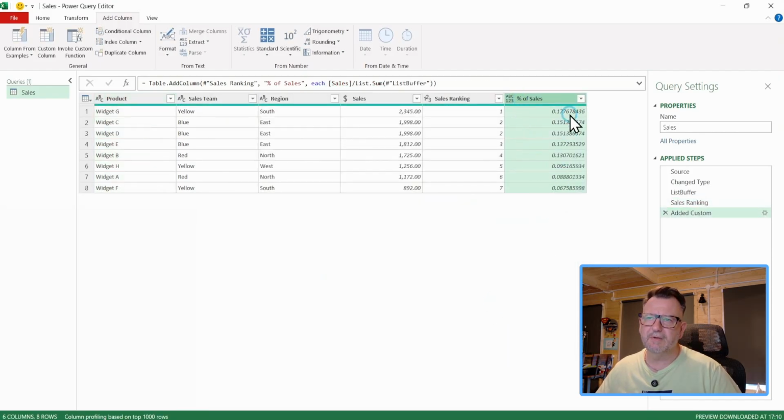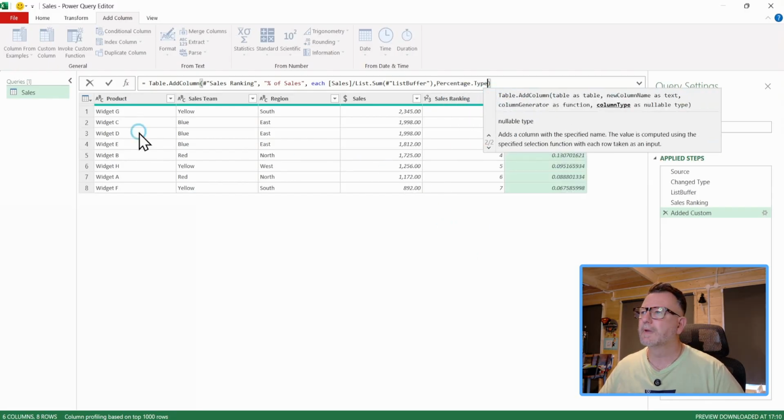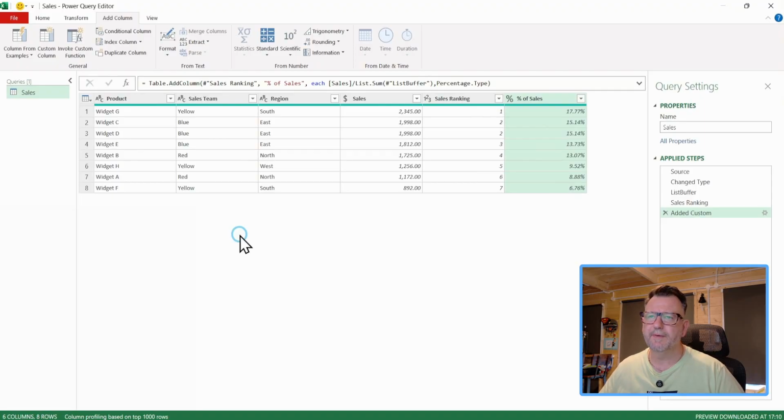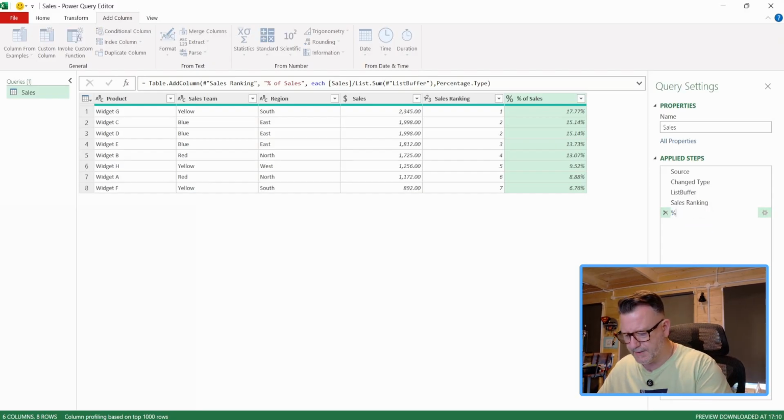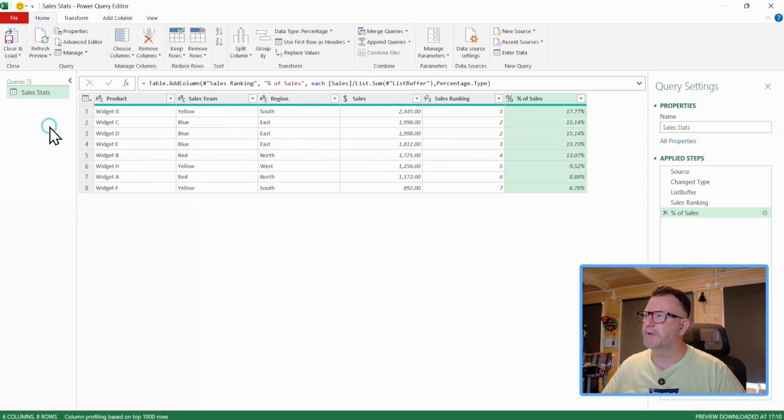And boom, it's calculated the percentages without having to pull up that list against each individual row. It's only doing it once in this step here. So if I do comma here between those two brackets, and again set it to percentage type and do tick, perfect. And let's rename it as percentage of sales. I'm going to change the name of the query to sales stats. If I then do close and load, so I'm going to go to the home ribbon, do close and load,